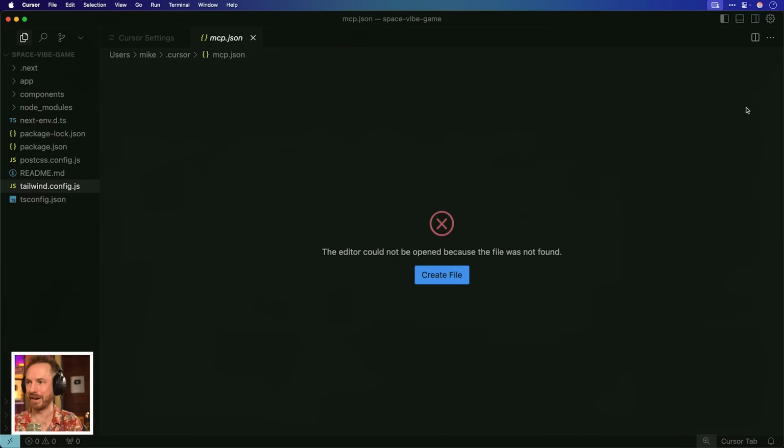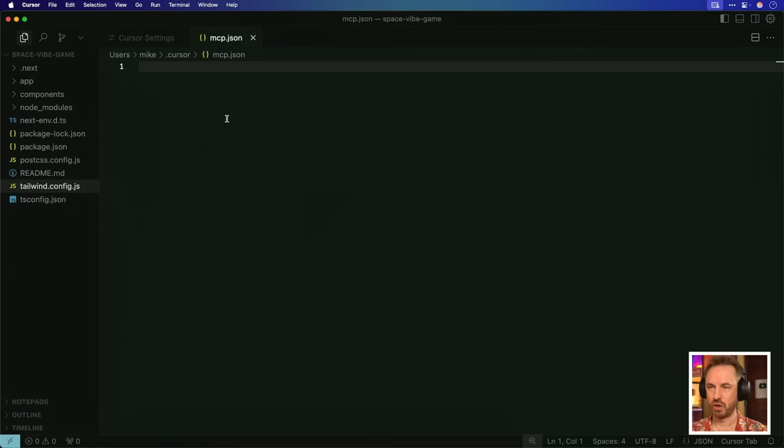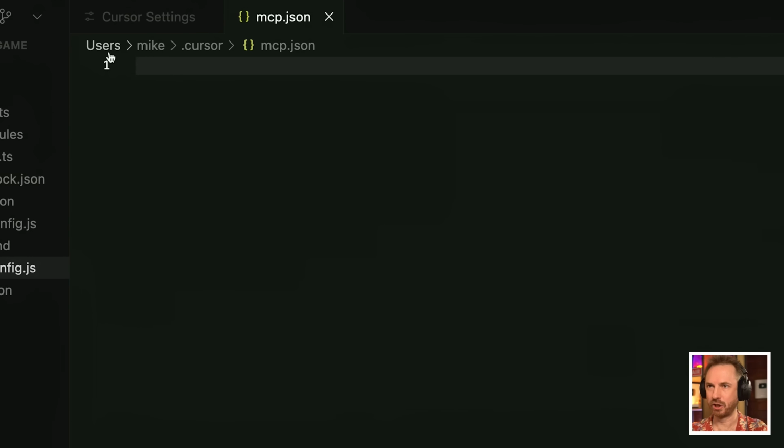All you do is click this button, and if you haven't set up an MCP server yet for your Cursor instance, it'll ask you to create a file. Now, note, anything you put in that file is global to Cursor, no matter what project you're working on. In a moment, I'll show you how to set up MCP servers specific to a project you're working on. So as you'll see here, for me, on my Mac, it's stored in users, Mike.cursor, which is a hidden directory,